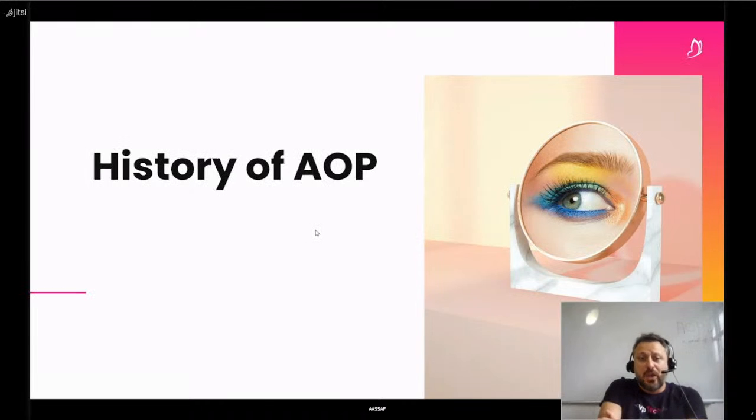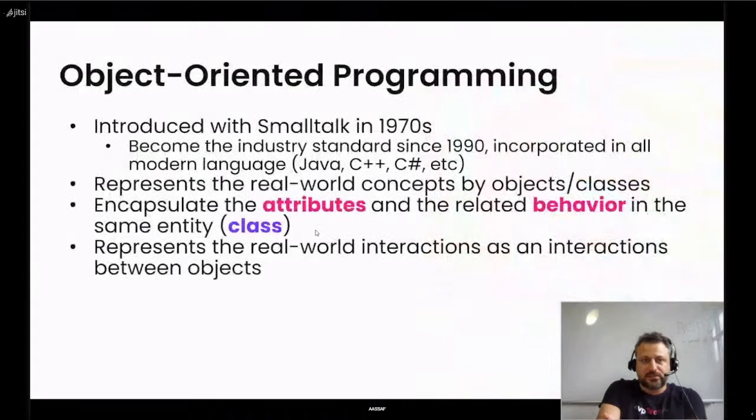So how did AOP come about? It's important to see that at the beginning, aspect-oriented programming was developed as an extension of object-oriented programming. Object-oriented programming was introduced with Smalltalk in 1970, and it has been the industry standard for 30 years because it was incorporated in all modern languages like Java, C++, C Sharp.